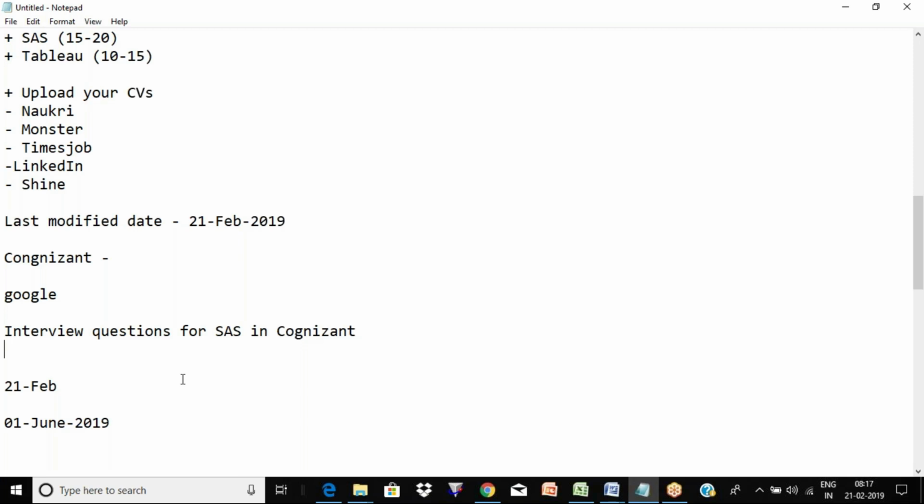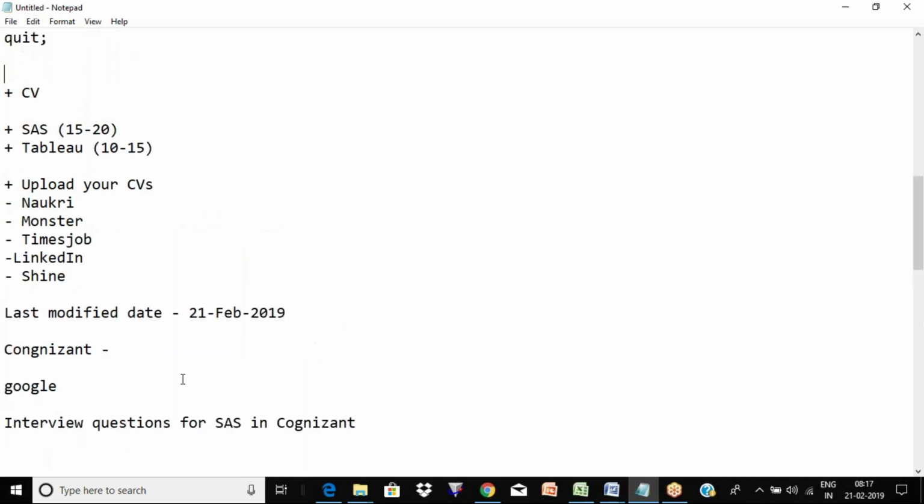And it all depends on the interviewer also, Pooja. If they have face-to-face interviews, some interviewers might ask you to write some small program. They'll not ask you to write a lengthy program. They'll give you some short scenarios and ask, how do you write the program for this? They'll also do that. That is my main intent. That's why I was saying spend enough time revising SAS and Tableau, because you might expect any questions.